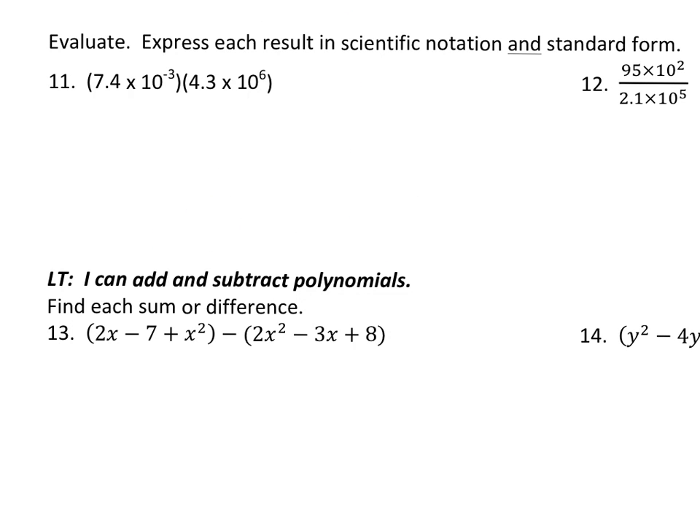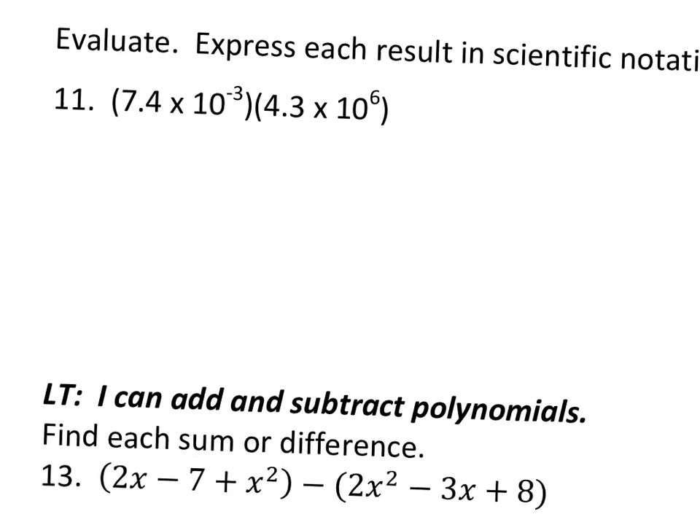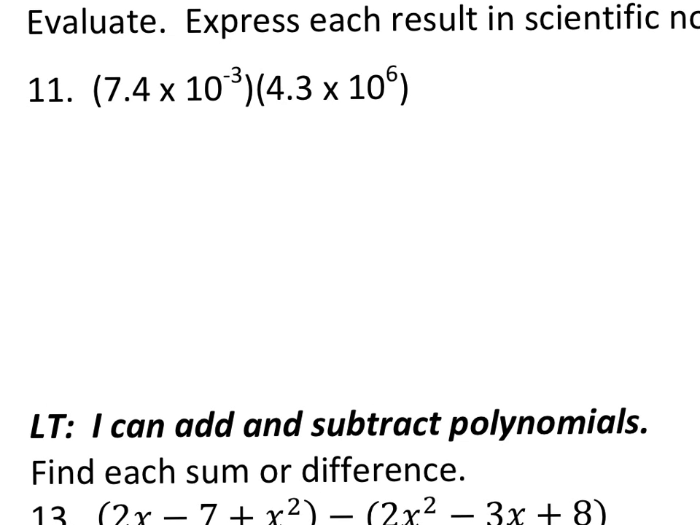So numbers 11 and 12 are still under the scientific notation learning target. And it looks like number 11 is a multiplication problem and 12 is a division. And we must write our answer in both scientific notation and standard form. So let's take a look at number 11. I'm going to zoom in here. And I'm going to go ahead and multiply first 7.4 and 4.3. So 7.4 and 4.3, and I get